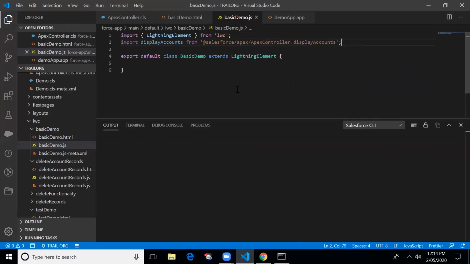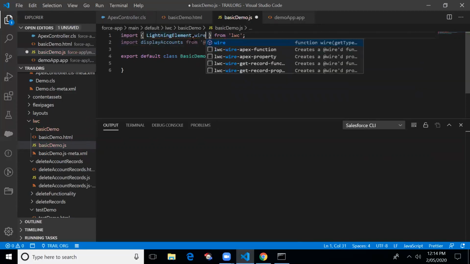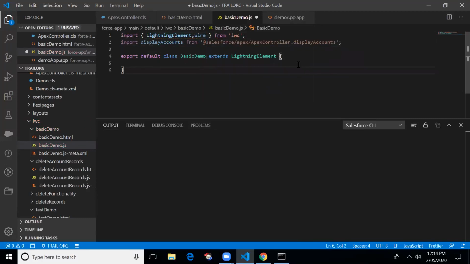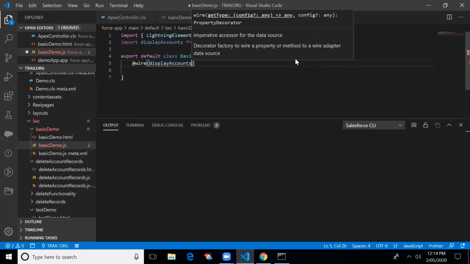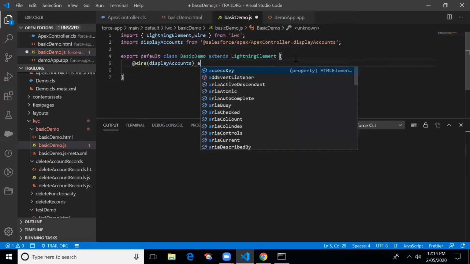If we want to display the data from the sObject from the backend, then we need to import one more property, and the property name is wire. If you don't import this property, then we are not able to display the data in the component. So I'm importing the wire property. Here I'll use @wire, followed by the method name and the reference variable.